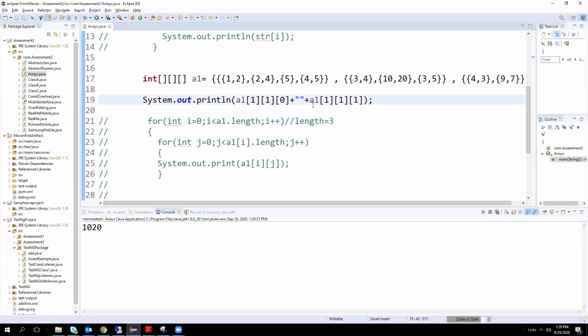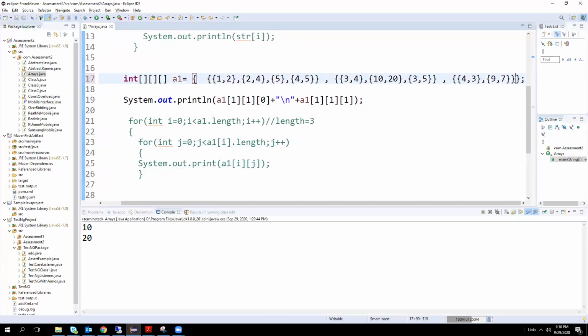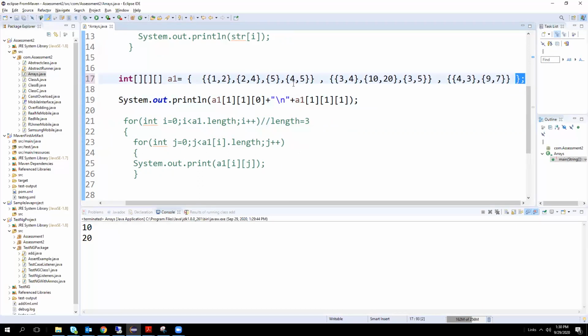Okay, Sonam, I have a question. Basically, you have 3 arrays, right? The first one always starts with 0, right? Then why did we give one array? Array will be started with braces. Elements will be separated with comma.